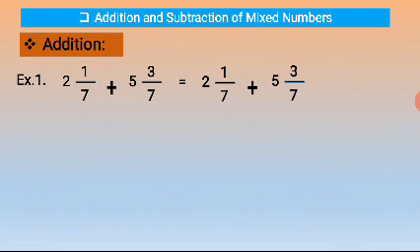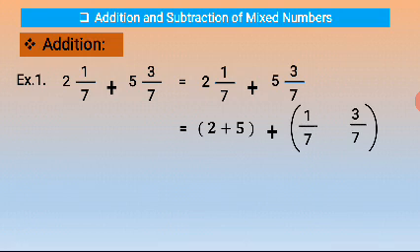We take first the sum of those two whole numbers, 2 plus 5, plus, next we take the sum of the fractions 1 upon 7 and 3 upon 7 in a bracket, 1 upon 7 plus 3 upon 7. Next step, we take the sum of 2 and 5, 2 plus 5 is equal to 7, plus,